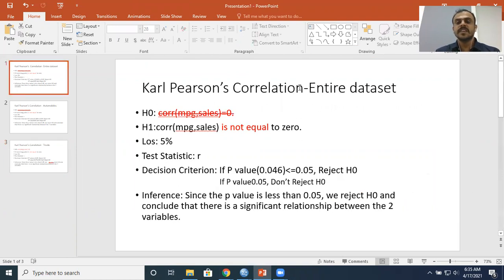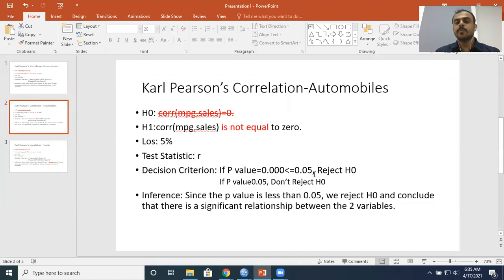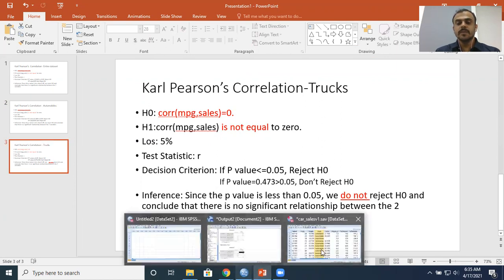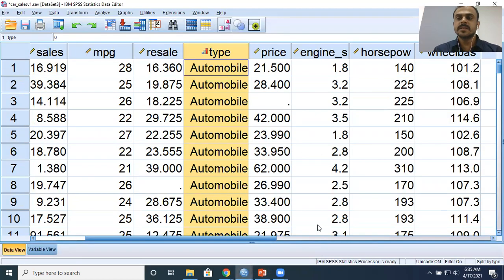So the first slide speaks about the relationship for the entire data set. Second one, we were able to partition and look at the correlation table only for automobiles. And the third one, the correlation table only for trucks. So this completes the presentation for today. We looked at the assumptions of Pearson's correlation.